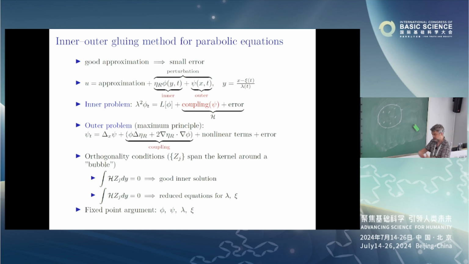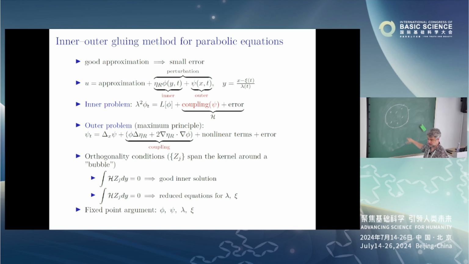You try to construct first a good approximation, which would be rescalings of these bubbles that I was mentioning, right? Then you split the perturbation in 2 terms, one which is concentrated close to the spike and the outer problem,